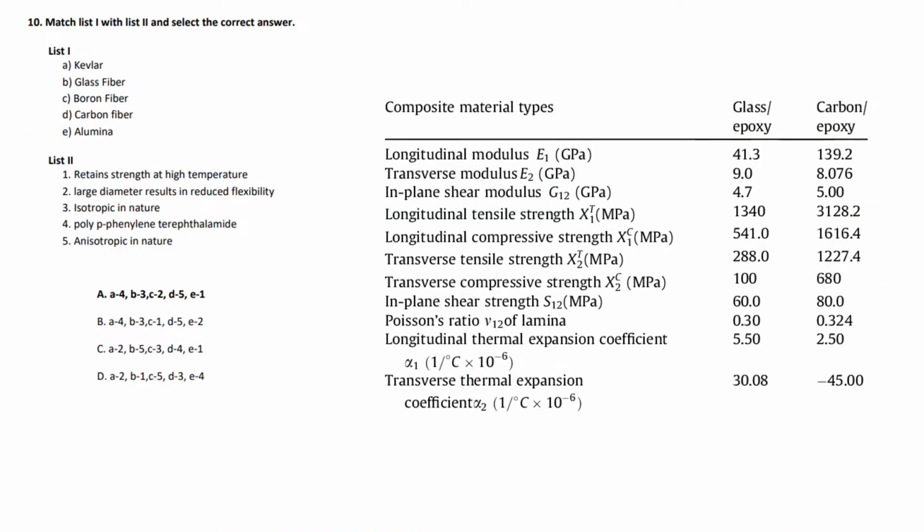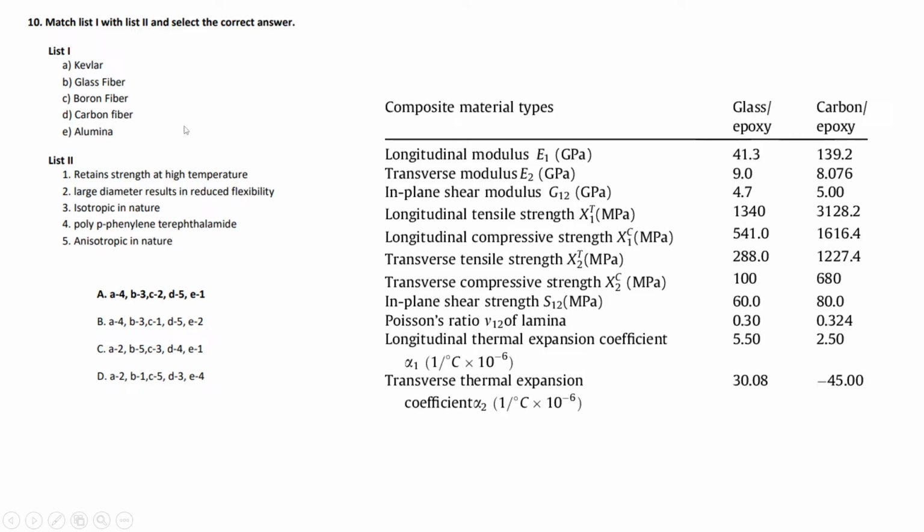So yes, this one is the last question. In this, they're simply given five normal reinforcement materials, and these are the properties of these particular reinforcement materials. Sir has explained it quite well in class. Kevlar has a structure which is like a benzene ring with an amide group, so the fourth is Kevlar. Then glass fibers are isotropic in nature, so B would be 3. Then boron fibers have large diameter and therefore low flexibility. This has already been taught in our lectures, so I don't think I need to explain it much.